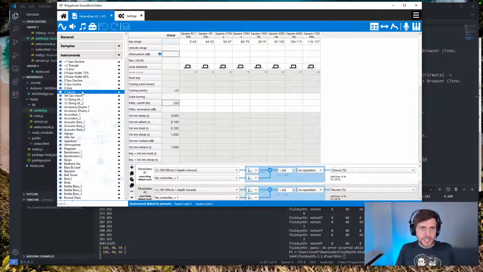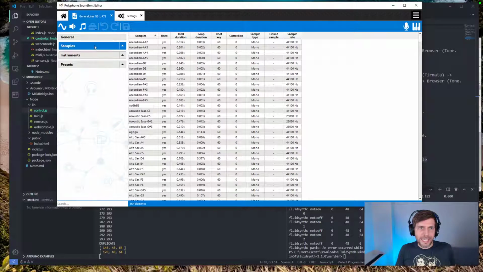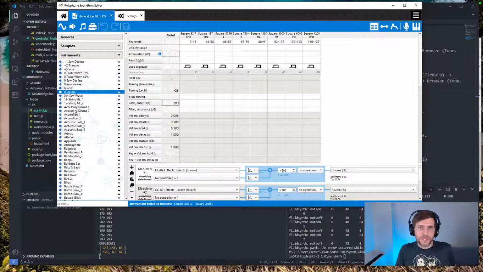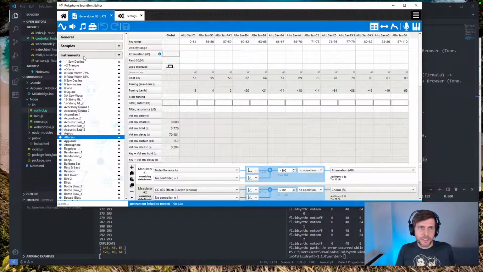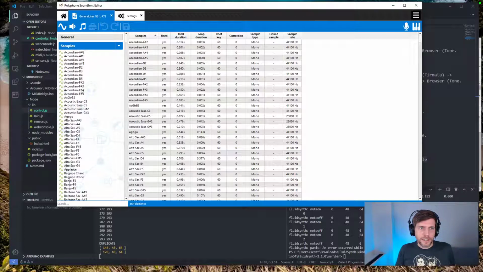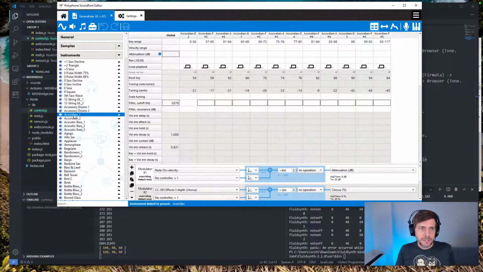This is how these things are set up. So these are all the samples. So this is just all the audio samples, right? Then you have to set up an instrument that describes how those samples are used. Like we go back to samples, we saw all these accordion samples. So we got a couple octaves of accordion, but we only have the A sharp, D, and F sharp. So then if we go to instrument and we look at accordion, there's two for some reason, but you can see,